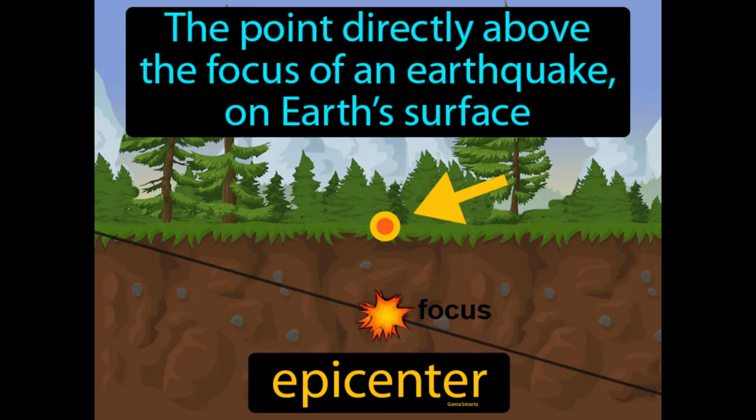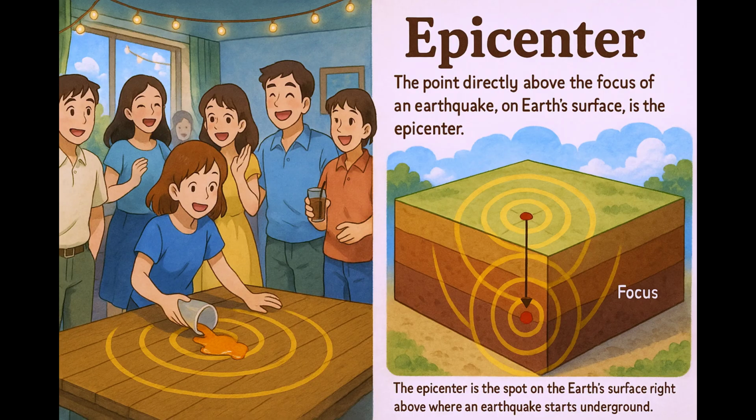The point directly above the focus of an earthquake on Earth's surface is the epicenter. The epicenter is the spot on the Earth's surface right above where an earthquake starts underground. Imagine you're at a crowded party and someone spills a drink in the middle of the room. The immediate splash and wetness are felt at the center, but soon everyone around the spill starts feeling the effects as the liquid spreads. Similar to this, when an earthquake occurs, the initial spill or disturbance happens deep underground, called